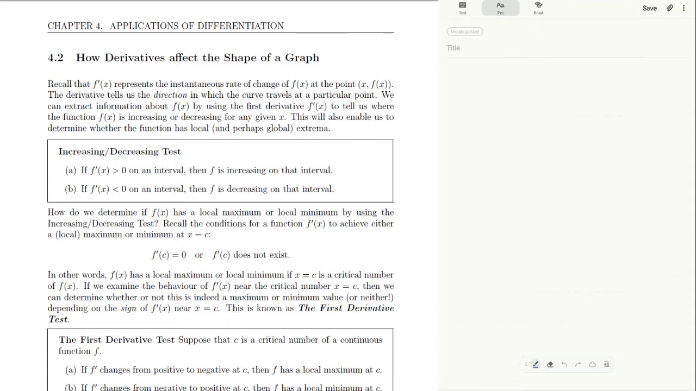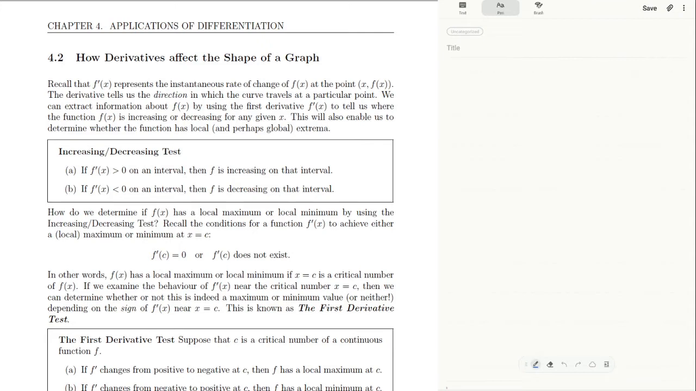Hello everyone, welcome back. In this video, we're going to talk about the information that we can extract from derivatives on the shapes of graphs. Now recall from the previous chapter, f prime of x represents the instantaneous rate of change of f of x at a given point. In particular, it will tell us the direction in which the curve will travel at that